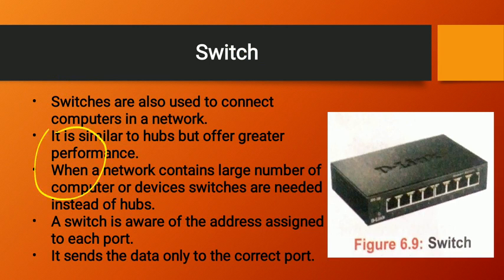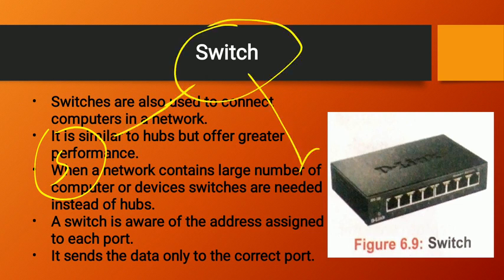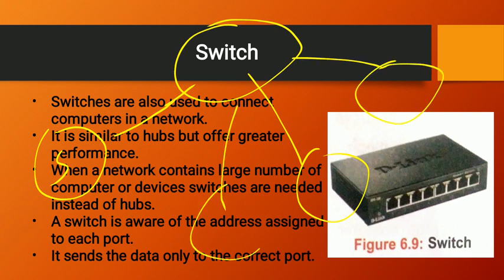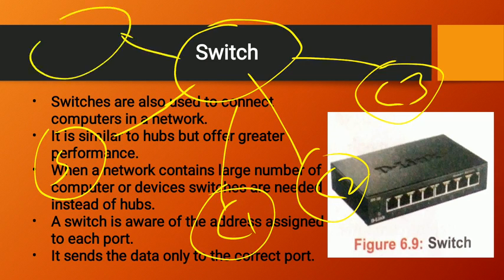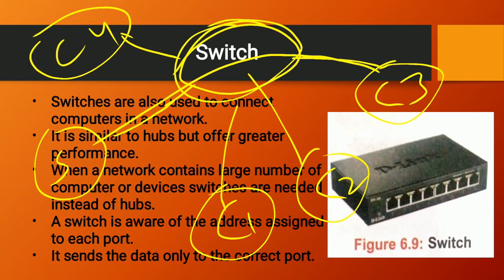So now you can see that this is your server, and it is connected with a switch through the different computers. As I have told you, computer 1, computer 2, computer 3. Okay, here computer 4 also I am making. Suppose computer number 3 is asking something to the server through the switch. So the switch now knows that computer number 3 is asking, and when the server provides that data or information to the switch, then the switch will send that data to computer number 3 only, not to all